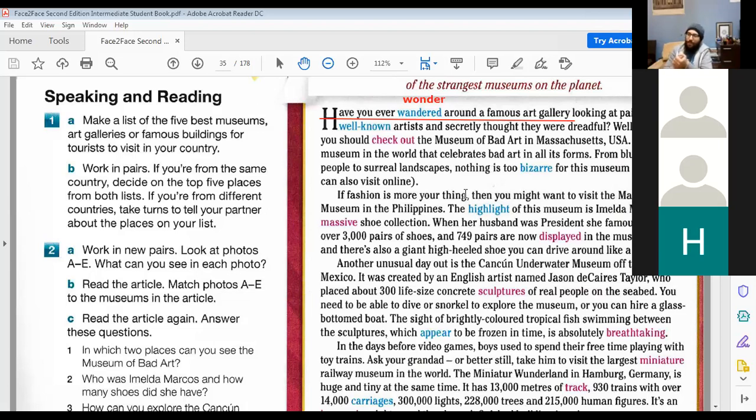So in Arabic, what do you think it means when you wander around a place? What do you تجول. هل سبق أنك تتجول تجول في مكان مشهور أو معرض؟